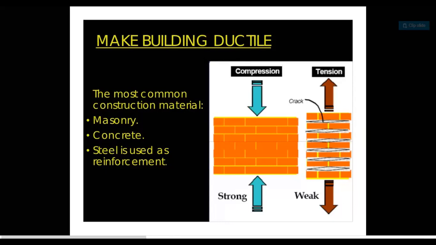Such lapses we have to reduce in the structure. If we minimize this crack, then our structure will become good. If we do not minimize this crack, then the crack width goes on increasing, the structure becomes weak again, and the tension in the wall goes on increasing.